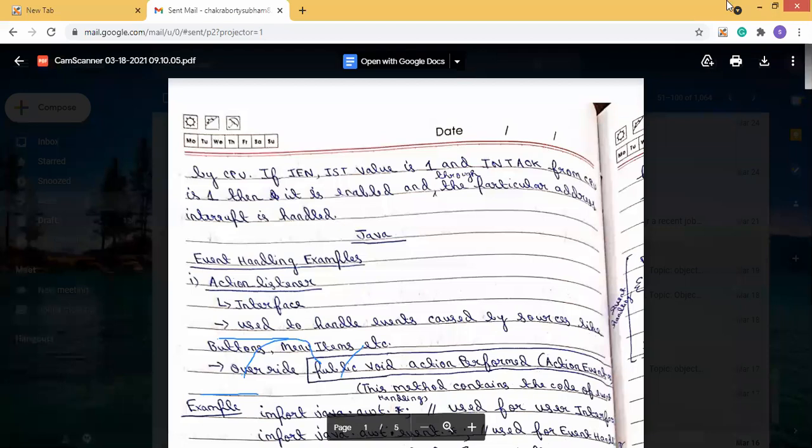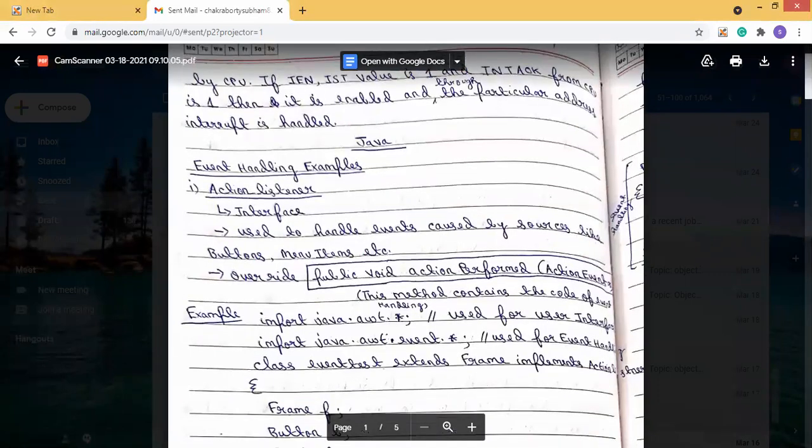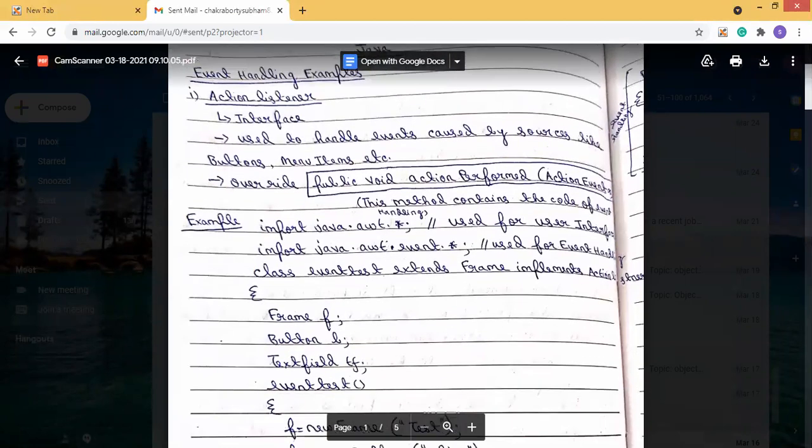Now, what are some of the listeners present in Java? First is the action listener. Action listener is basically an interface.